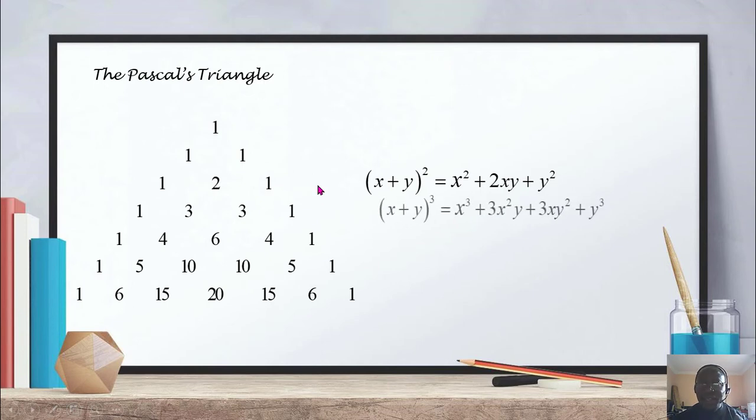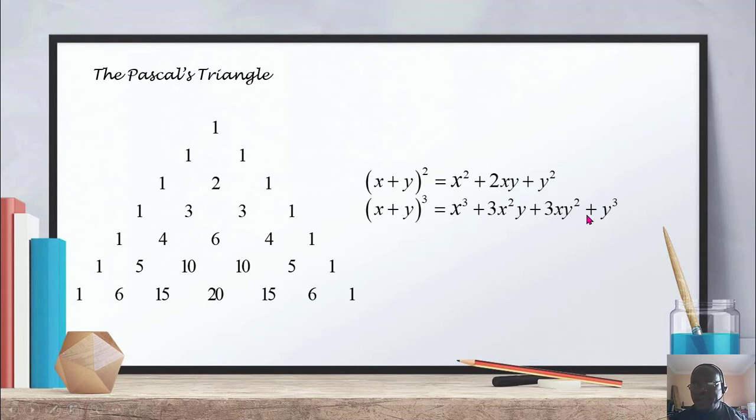Okay, let's look at another example. We want to expand x plus y to the power 3. The answer is x cubed plus 3x squared y plus 3xy squared plus y cubed. How do I arrive at this? Okay, so I've taken the coefficient of 1 there, which corresponds to the coefficient of x cubed there. 3 corresponds to the coefficient of x squared y. This 3 here corresponds to the coefficient of xy squared. And this 1 here corresponds to the coefficient of